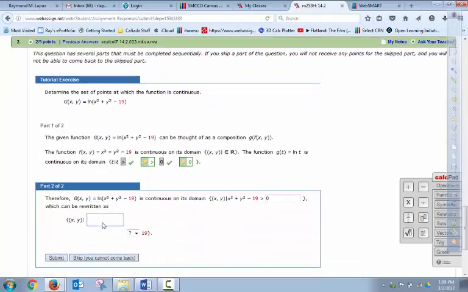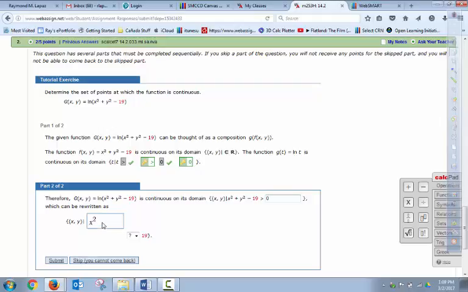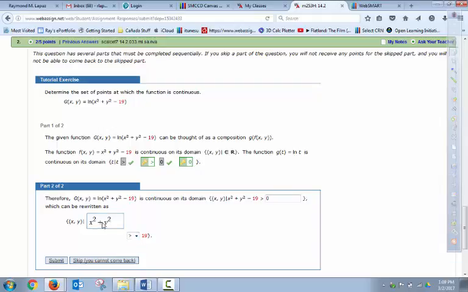So this can be rewritten by bringing the 19 over to the other side. It'll be x squared plus y squared strictly bigger than 19. And then we can try to describe that in the two-dimensional plane. We can describe it in words. Having this would work for mathematicians, and a math person would look at this and say, oh yeah, that's